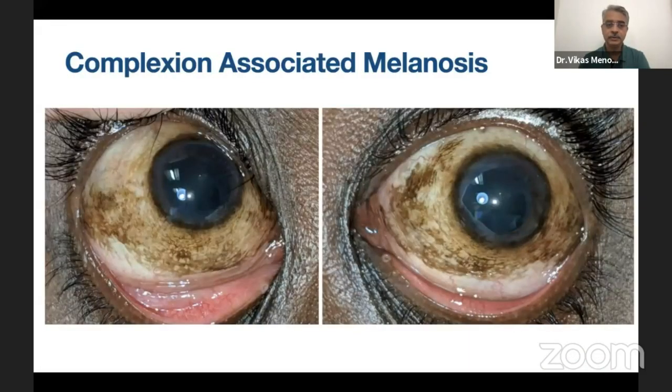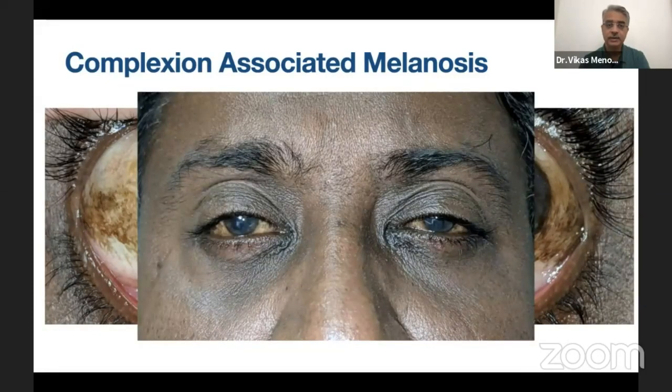So this is probably one of the most common types of pigmentation that we see on conjunctiva in our country. Here you see a patient with a diffuse bilateral irregular patchy type of pigmentation, more concentrated around the limbus if you notice carefully, and then gradually spreading around, confined to the palpebral aperture, the exposed areas, and not reaching up to the fornices. Now this is most of the times present bilaterally. And so what they have here is a complexion associated melanosis, which used to be earlier called racial melanosis. This is very common in our country.